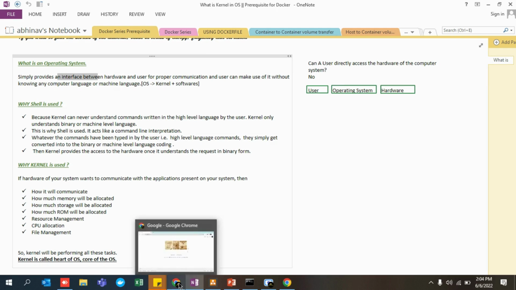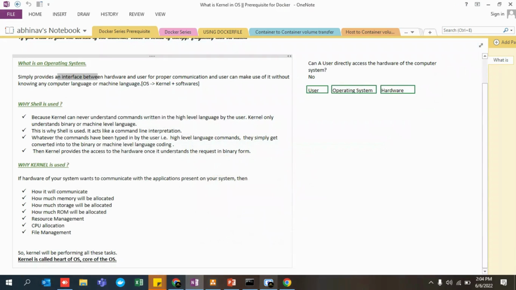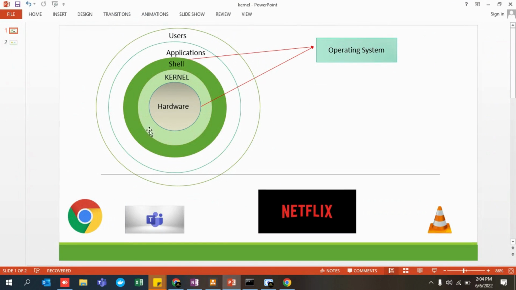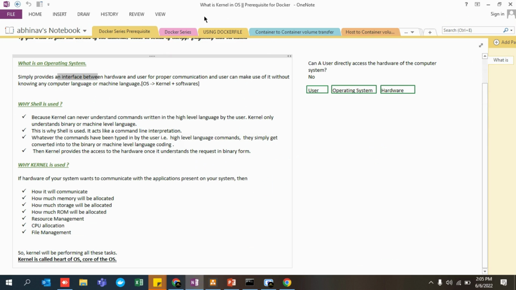I am clicking on Google Chrome. Google Chrome got opened. How did it get opened? All of this part was handled by the operating system. And there are two different ways to interact with the operating system, right? One, with the help of a GUI. Your Windows is totally GUI based, right? You do not have to make use of the keyboard a lot. If you have a mouse, you can simply click over here, and this will open, which simply means that